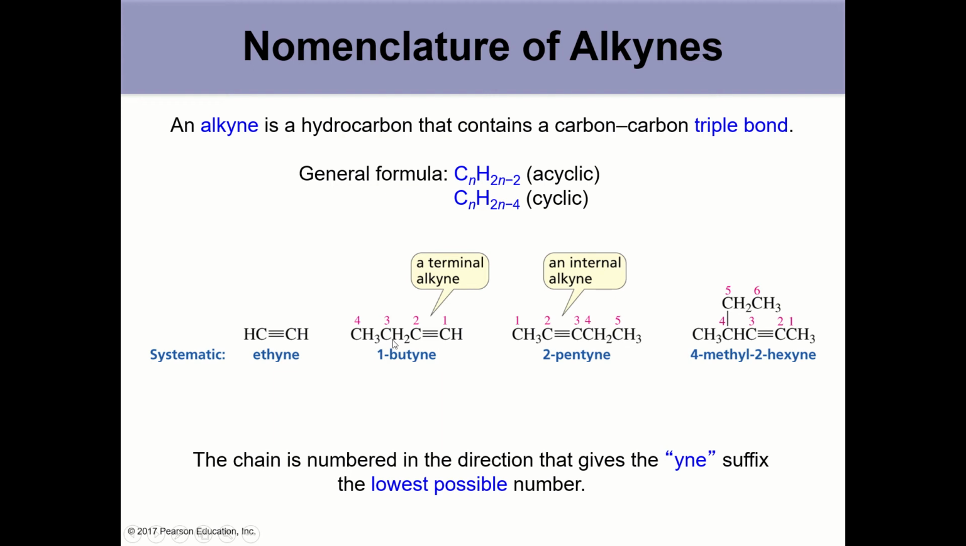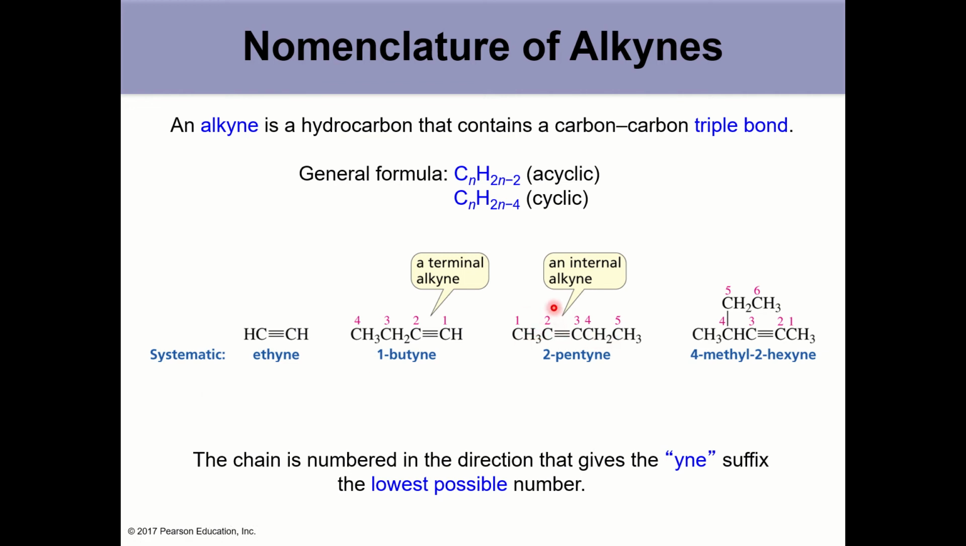Whenever we name an alkyne, you want to choose the longest chain containing the alkyne, and then put the alkyne at the lowest possible carbon number. So 1-butyne, and the carbon number of the alkyne is indicating where the triple bond starts. Our examples here are 1-butyne, 2-pentyne,